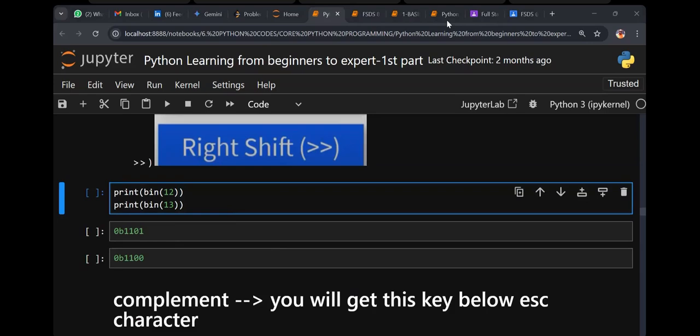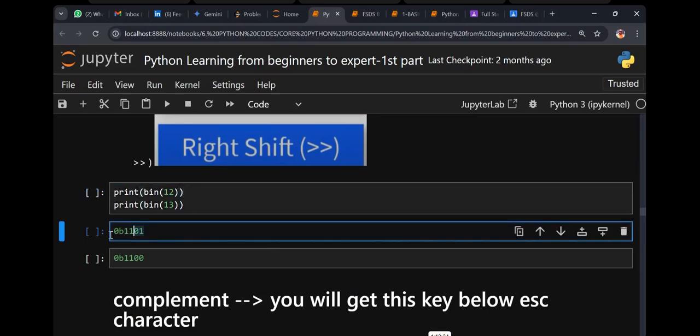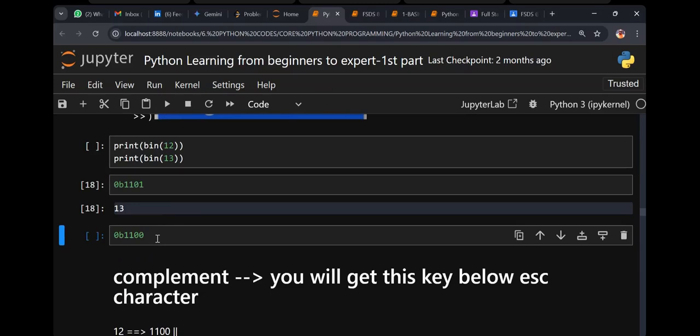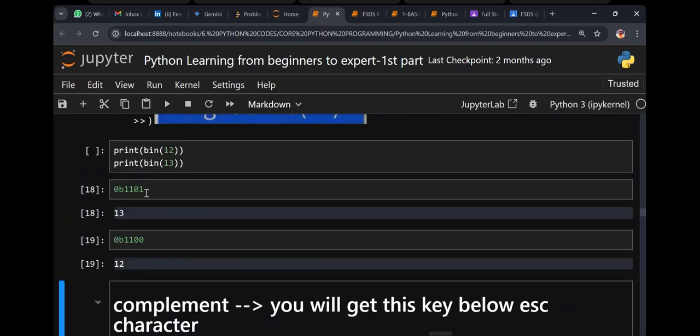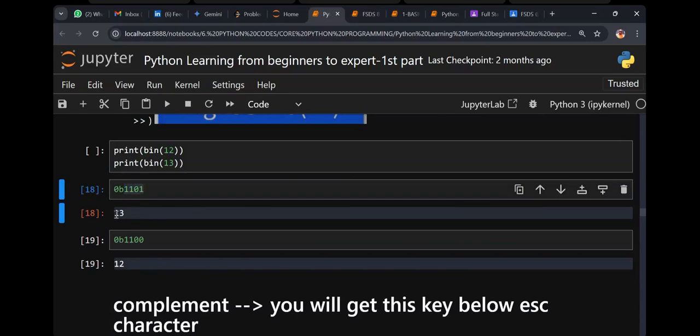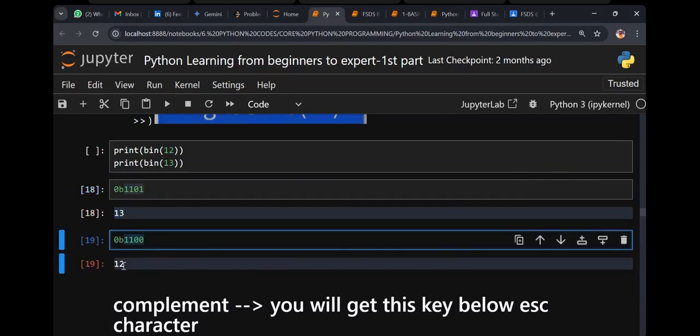Let's start. Print. Can I get 0B1101 or not? Just go ahead and 1100. So here, if you see this, 1101 means 13, 1100 means 12. Clear?